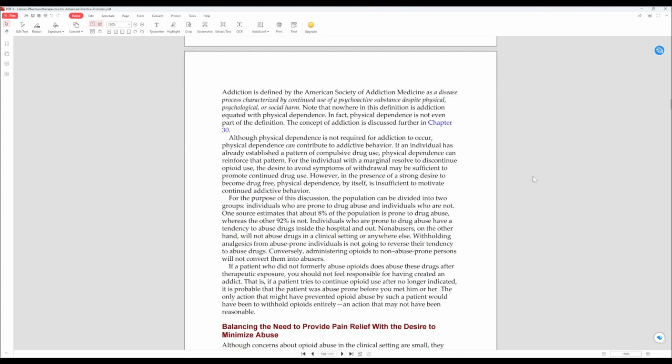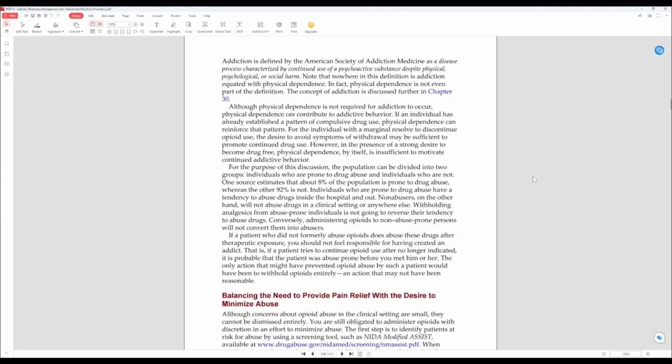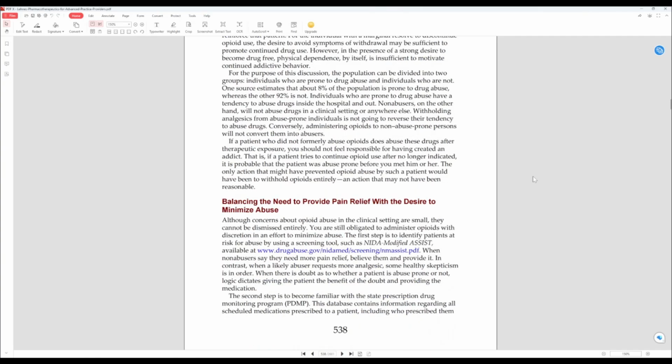Addiction. Addiction is defined by the American Society of Addiction Medicine as a disease process created by continued use of a psychoactive substance despite physical, psychological, or social harm. Note that nowhere in this definition is addiction equated with physical dependence. In fact, physical dependence is not even part of the definition. The concept of addiction will be discussed further in Chapter 30, so we'll breeze over that for the